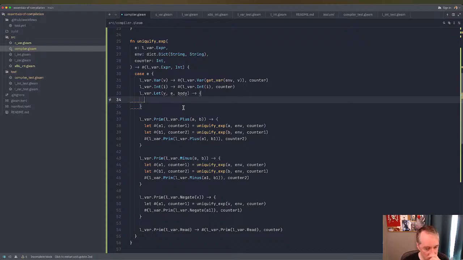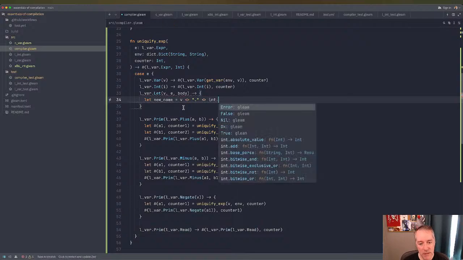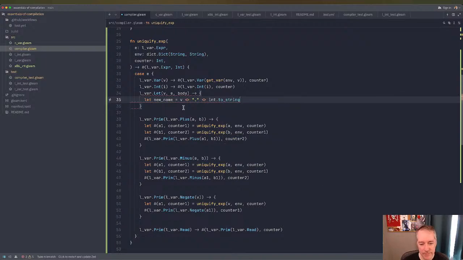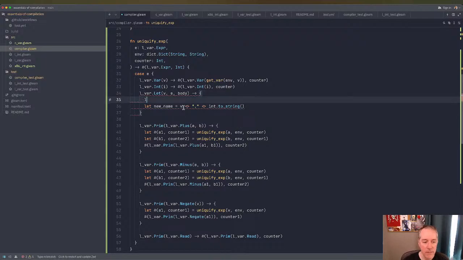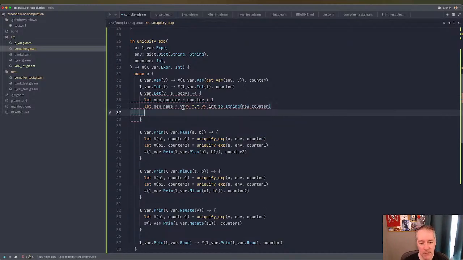So what we're going to do is make a new name, and that's going to be the variable name plus dot plus int to string of, say, let new counter equals counter plus 1. So we know we're going to increment it. We say new counter here, and then now that we've bound it,